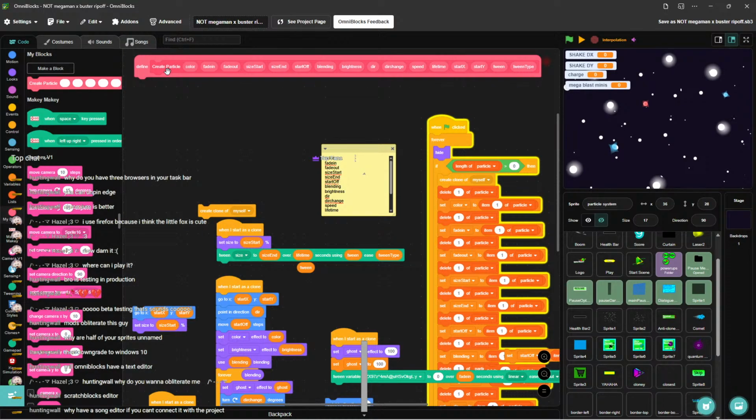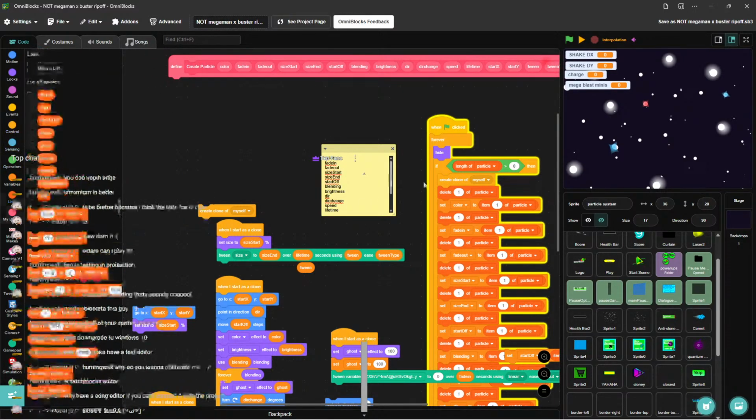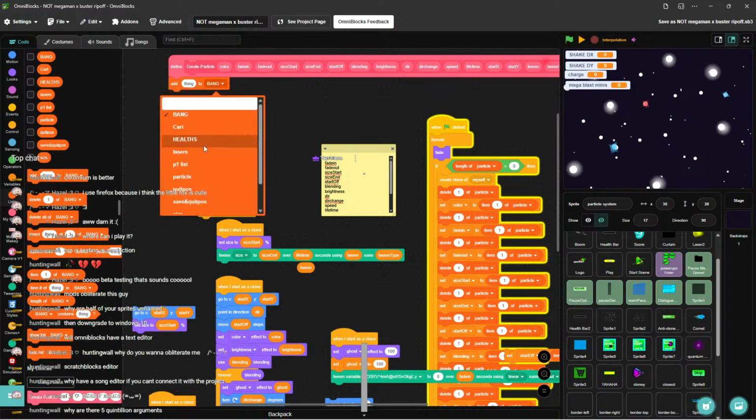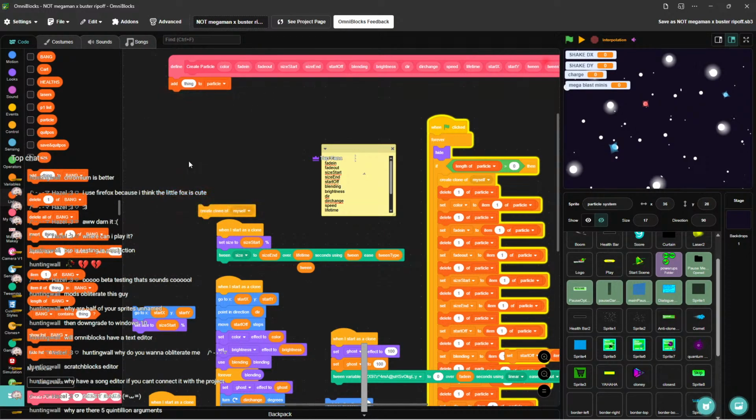It will do that, okay? I just haven't implemented that well yet. So I'm gonna create particle things, then I want to add a million things to the particle list. Particle, but then